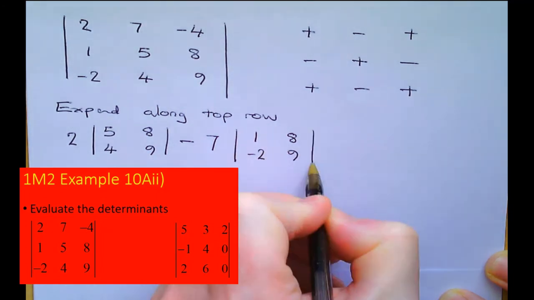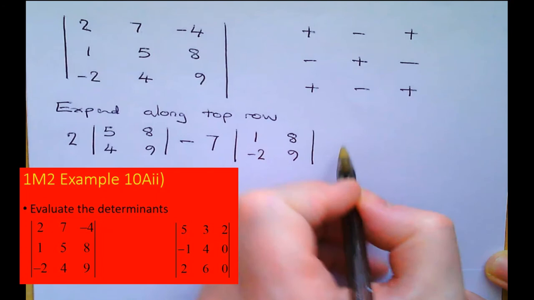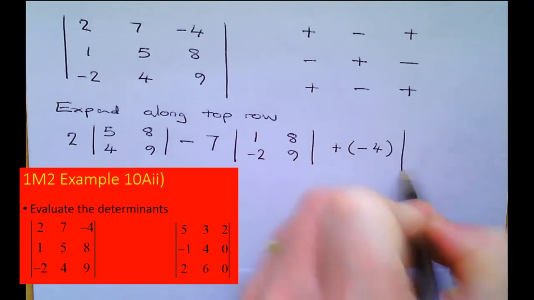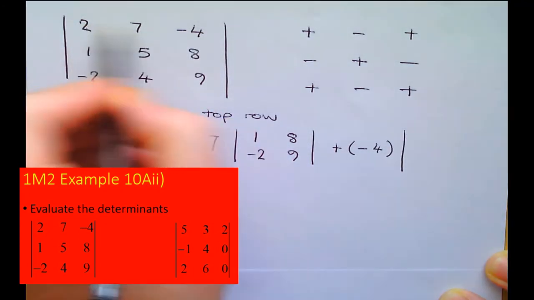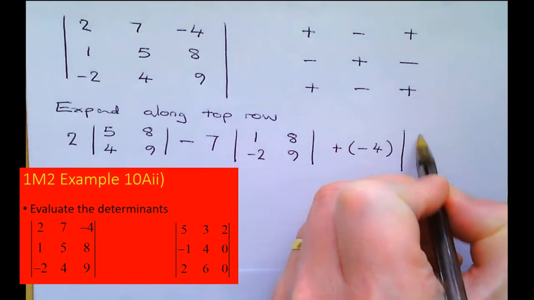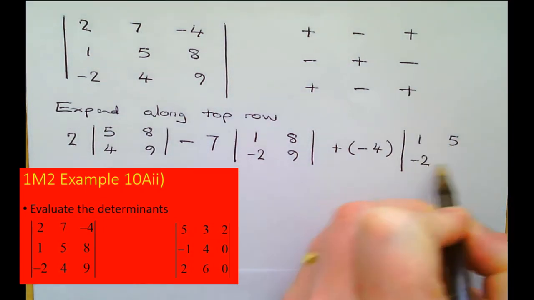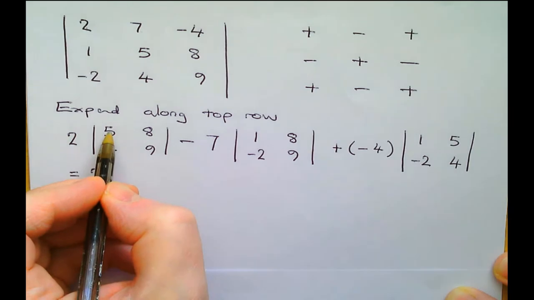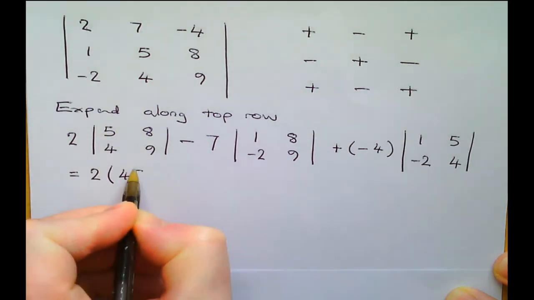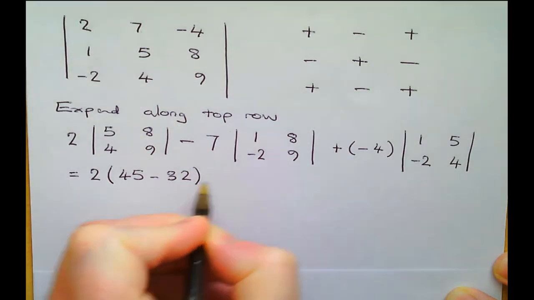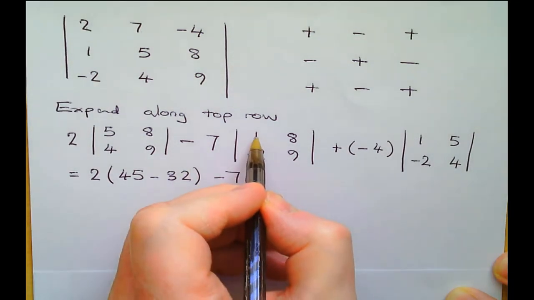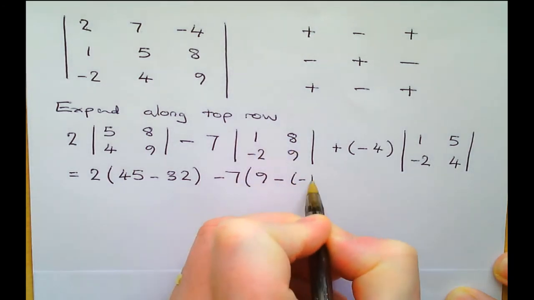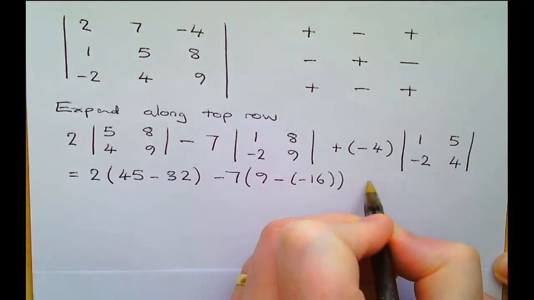And now plus, the sign here, minus 4, and the 2 by 2 that we have here doesn't involve the top row or the right column. It's 1, 5, minus 2, 4. So we have 2 times 45 minus 32, minus 7 times 9 minus 16, minus 4 times